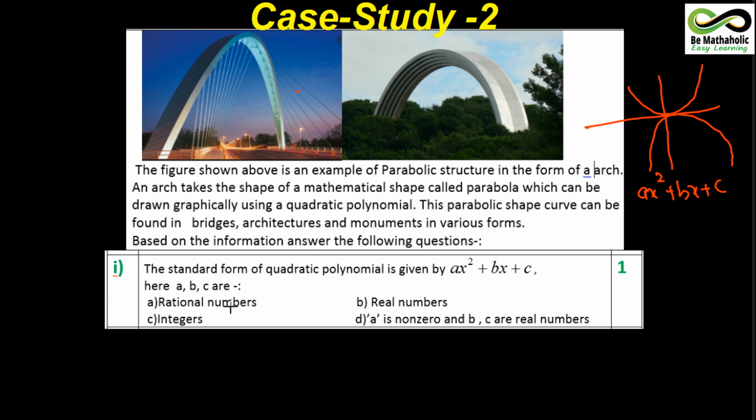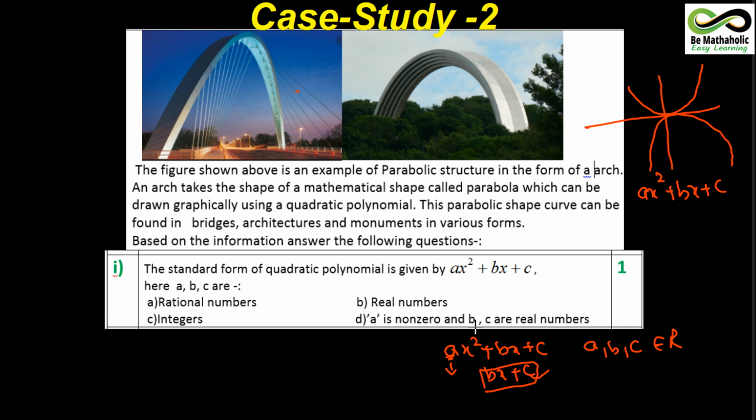Now here comes the concept actually. My advice is, please do read all the 4 options and then answer. Do not be in a hurry to answer if you know. As I said, a, b, c are all real numbers. Your teacher must have told you also about that. But children, there is one thing which you have to take care of. If I am writing a quadratic polynomial like this, and if I say a, b, c belong to the set of real numbers, that means if I put a equal to 0, then this will become bx plus c. So this term will become 0, isn't it? And now what type of expression is it? It is linear, it is no more a quadratic now.